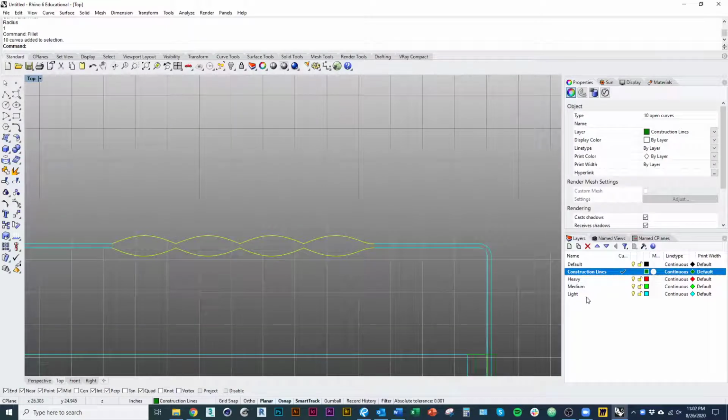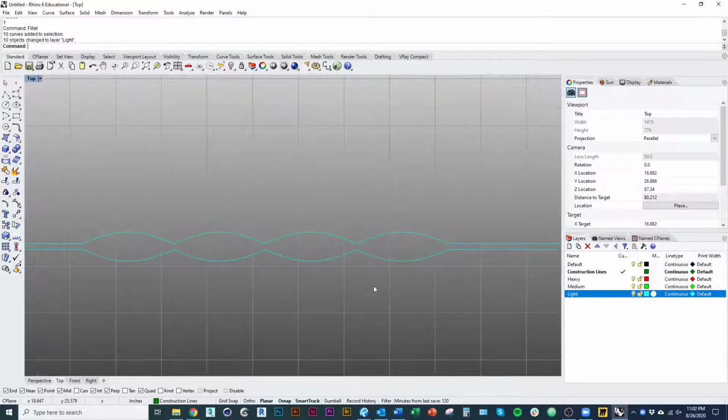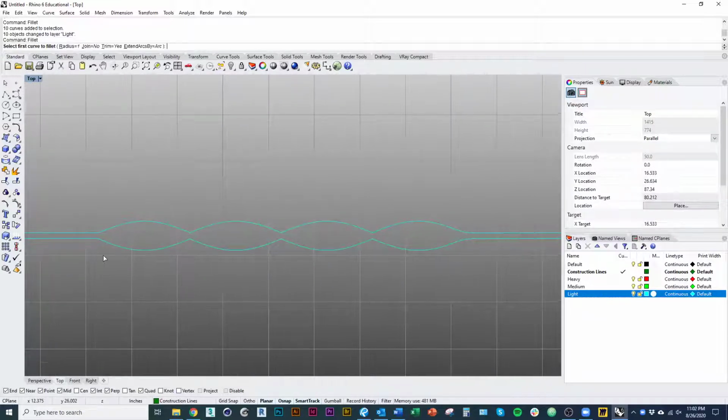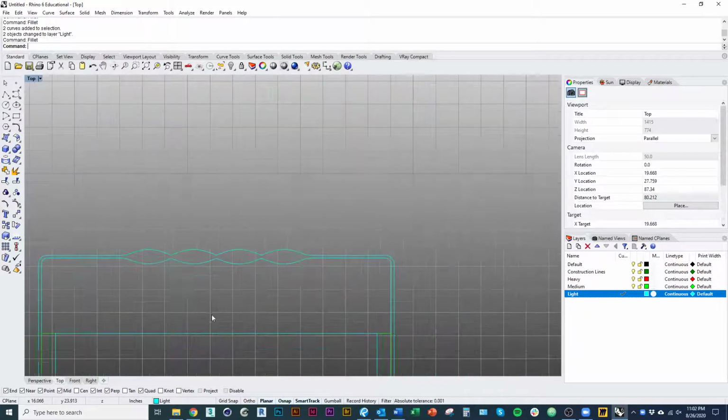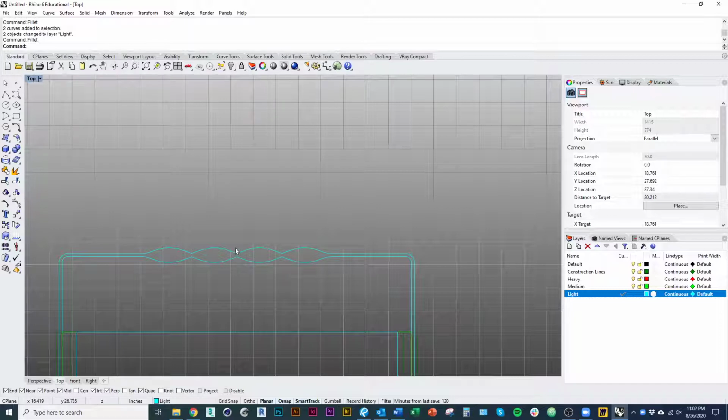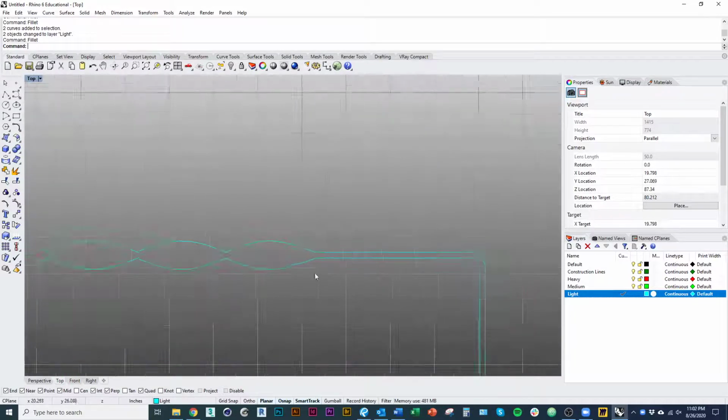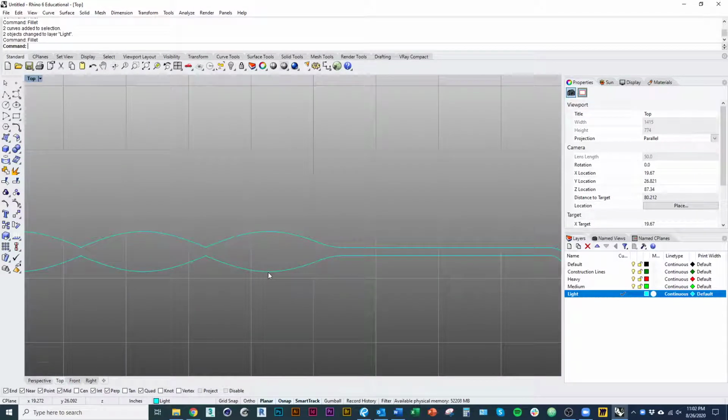I'm going to quickly, that layer. Okay, so that's starting to become more clear. The other thing that I would do here,